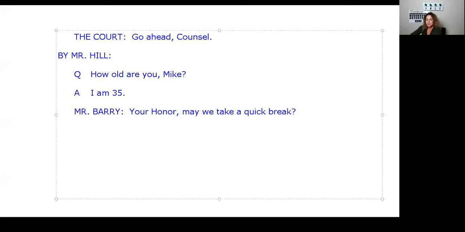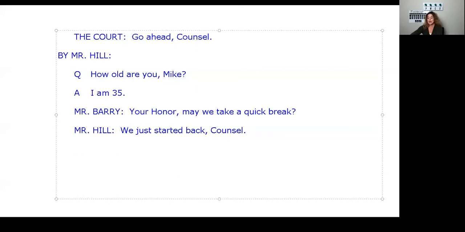And then let's say the other attorney jumps in. And his name is Mr. Hill. Oops, sorry about that. Colon, 2 spaces. We just started back, counsel.